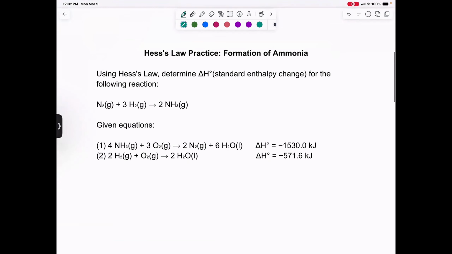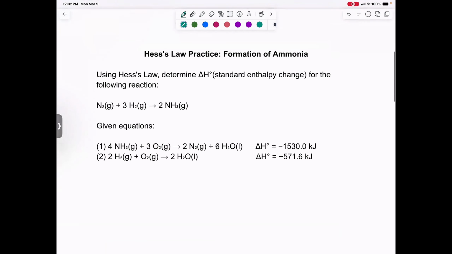Today's question is going to cover Hess's Law and the formation of ammonia. Basically, in these situations you need to determine the overall enthalpy change, or delta H, of a reaction based on the individual steps to get there. In just a moment, we'll cover what Hess's law generally entails and how we get to the final